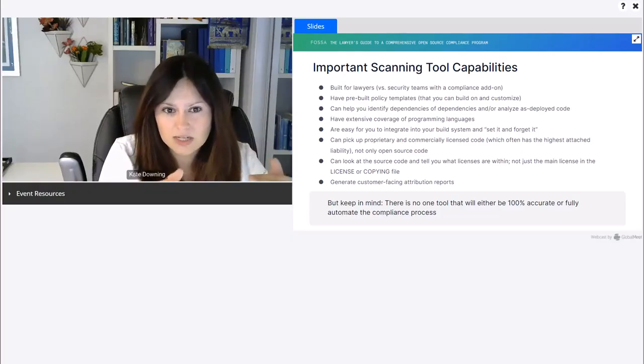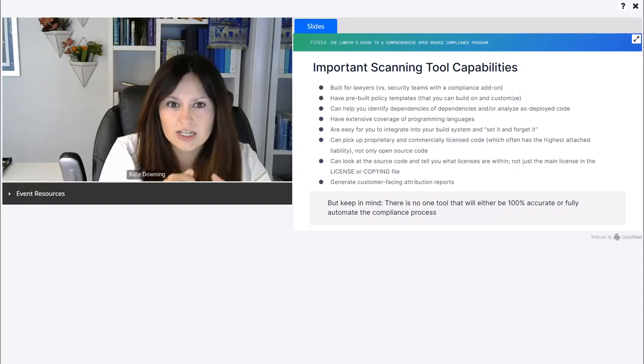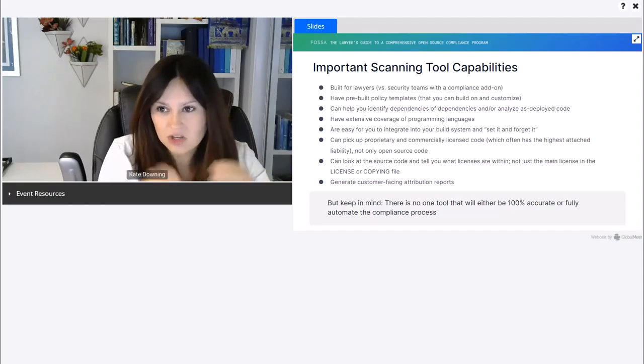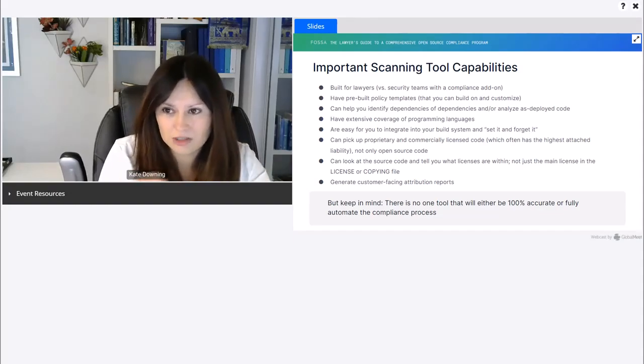But another form of scanning is more granular than that. It is looking at exactly what is in the package. It's looking at comments in the package. It's looking at license information in the package. It's digging in the way a human would if they were looking through the source code. And I think you really need both of these capabilities for a tool to be good and effective,